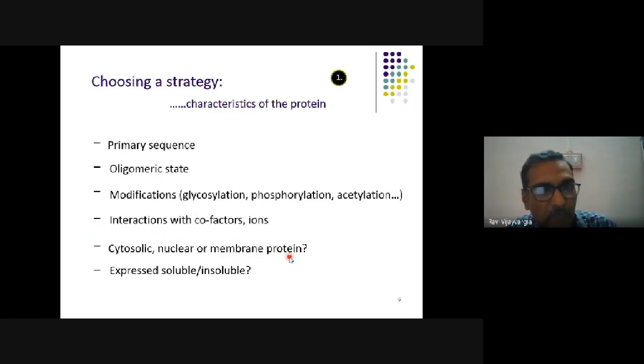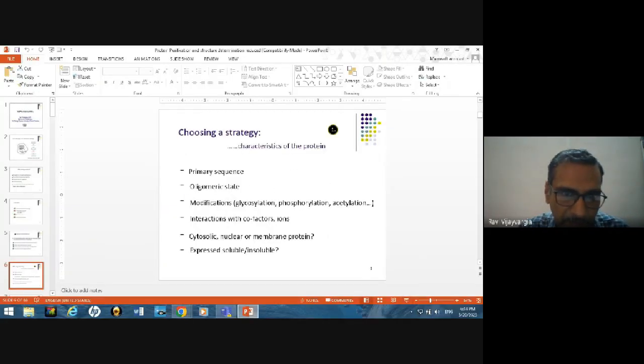Whenever you are choosing a strategy, if the characteristics of the protein are known to you, that will also help you design a good strategy. What are the things which help? First is the sequence. If you have the primary sequence of the protein,